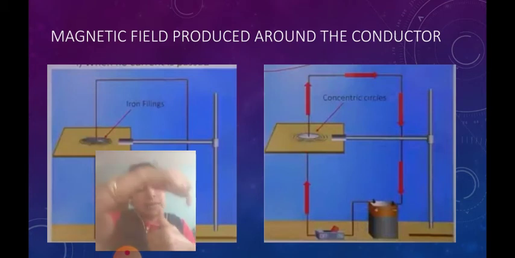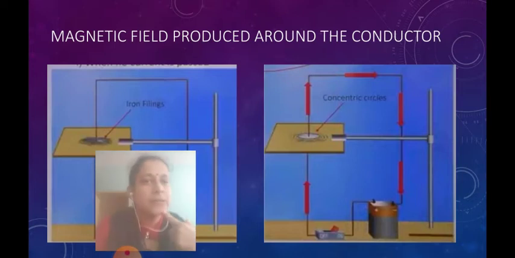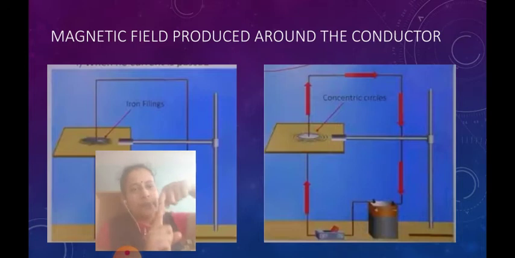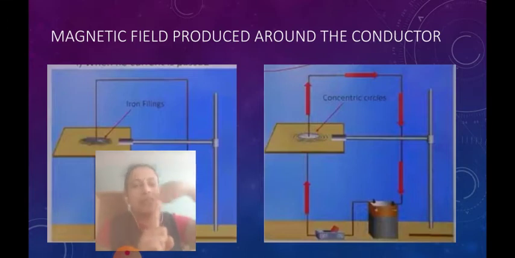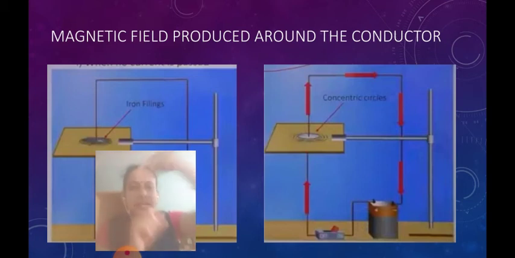At the same time they made themselves in the form of concentric circles. Fine. So now he found that there is a magnetic field, and when the current is passing, a magnetic field has been generated. But this magnetic field was in the form of concentric circles. Now again there was a question. Concentric circles, small, then a little larger, a little larger, till there was a magnetic field. The space wherever there is a magnetic field, till that space, all these iron filings were arranged in the form of concentric circles.